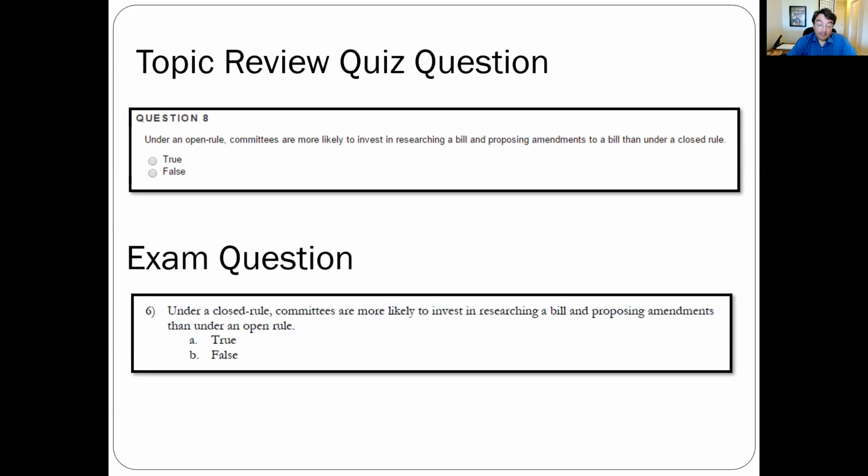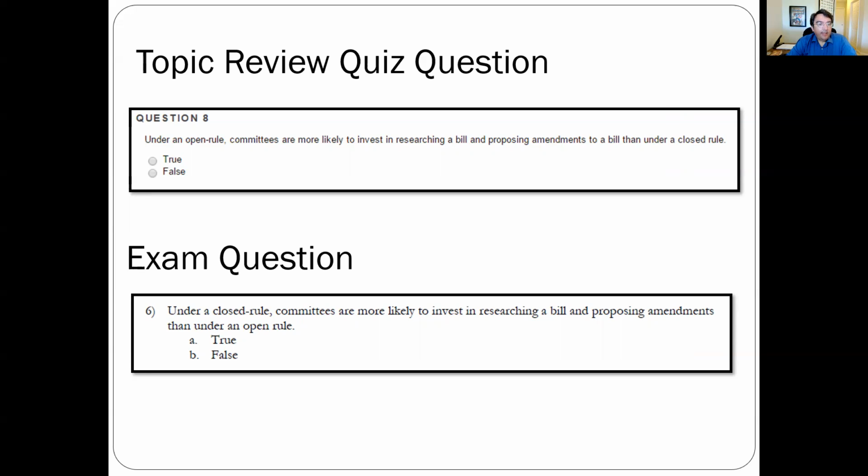Now, later on in the exam, there's going to be a question maybe about under a closed rule, committees are more likely to invest in researching a bill and proposing amendments than under an open rule. Now, these questions aren't exactly the same. I'm flipping some words here between open rules and closed rules, but they're really getting at this concept of, okay, what does an open rule do in terms of